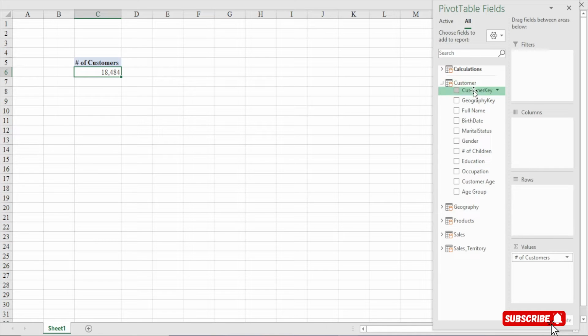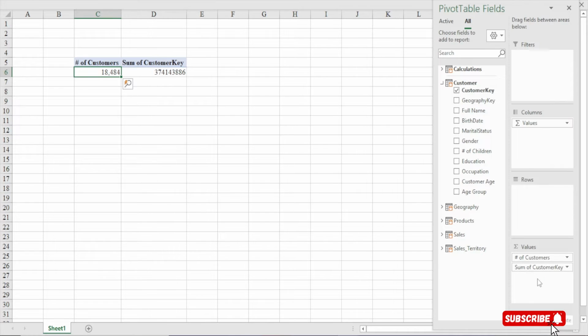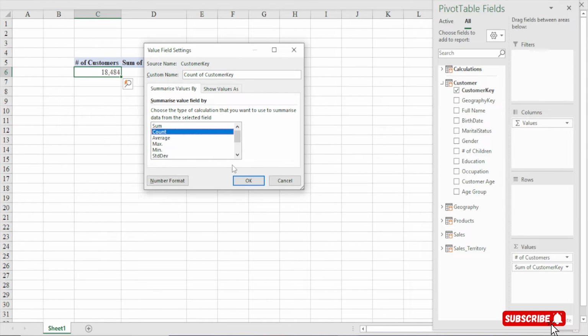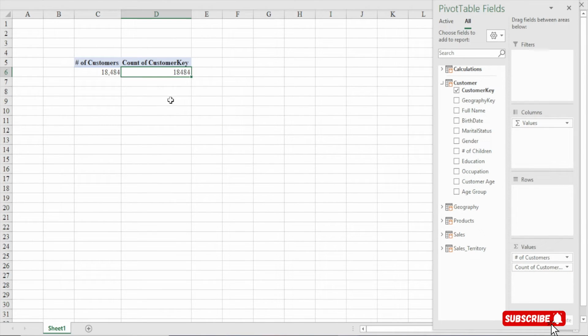Now, when I right click and then click on show field list, I can also come to the customer table, and then we have a customer key. I can also drag the customer key here. This is Simon, right? I can come here and say count, and you will get the same thing, 18,000 and so on. You get it? But the DAX gives you more